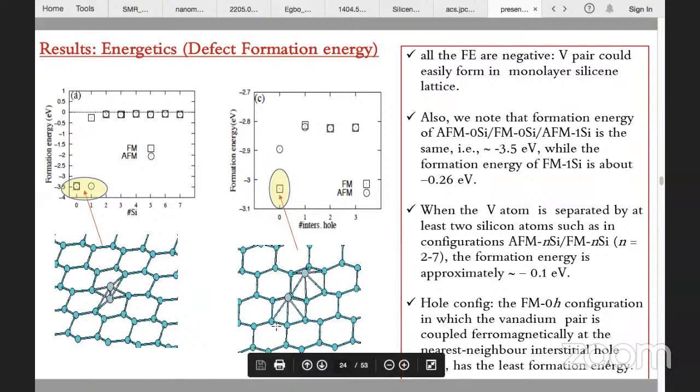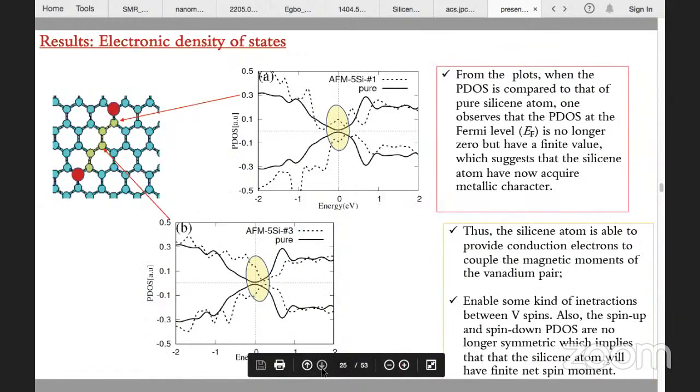So that's the most important thing that I want to bring out here, that the information energy are all negative, and that means that you can actually, in practical terms, have this vanadium in silicon. Now, again, we look at the unit density of state. What we can see here is that, remember that we said that silicon is non-magnetic, and